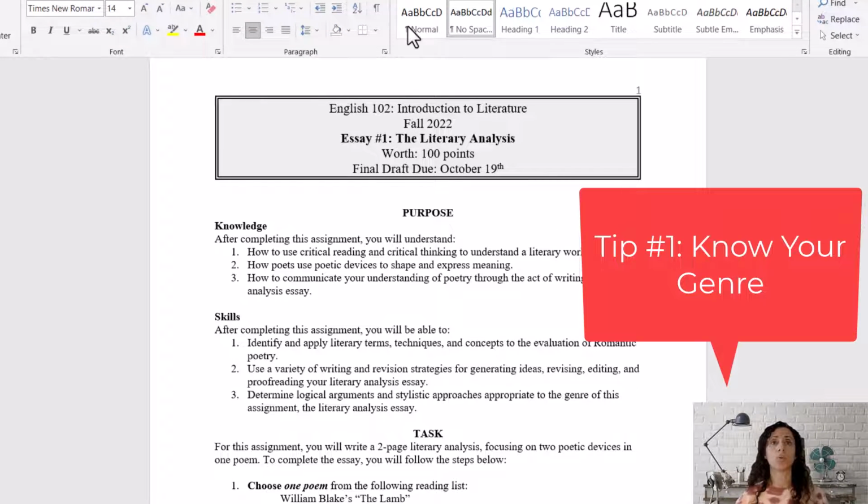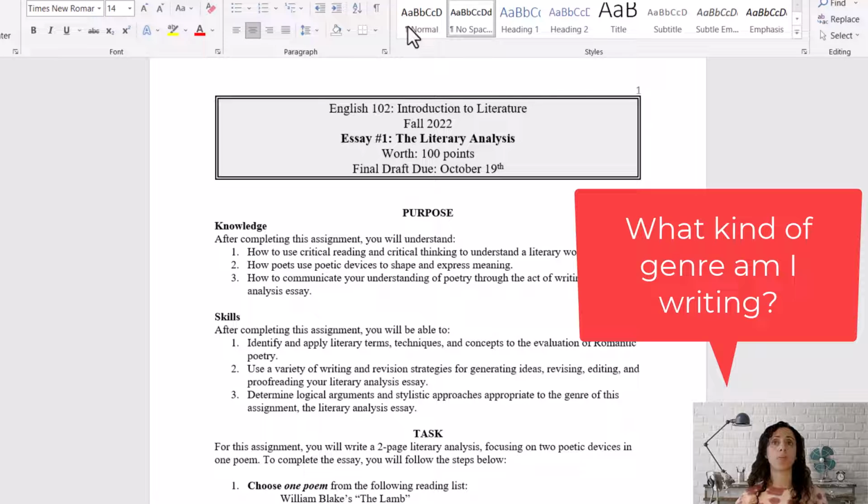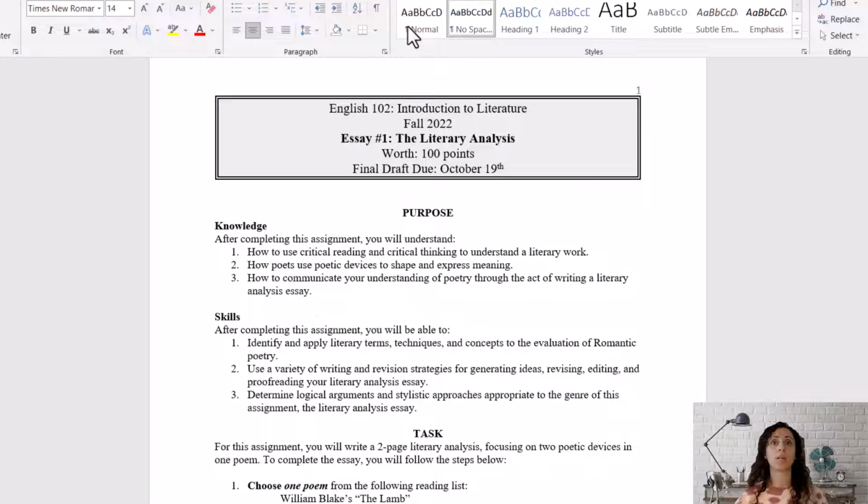Let's return to a key critical reading technique. Just as readers ask before reading, what kind of genre am I reading? It's important for writers to ask, what kind of genre am I writing before you start writing? For this writing assignment, you're asked to write an essay. Since there are many different types of essays, the essay instructions point out that you are writing a literary analysis